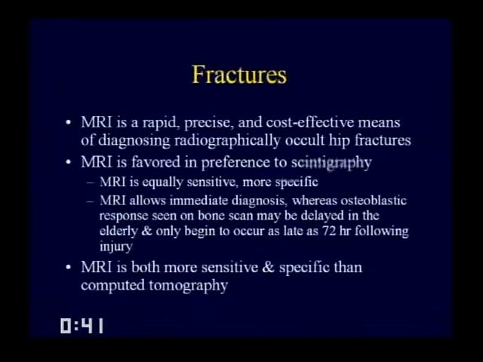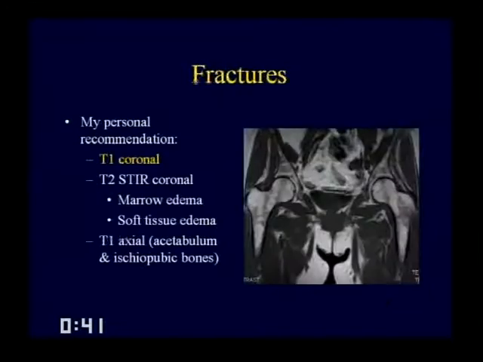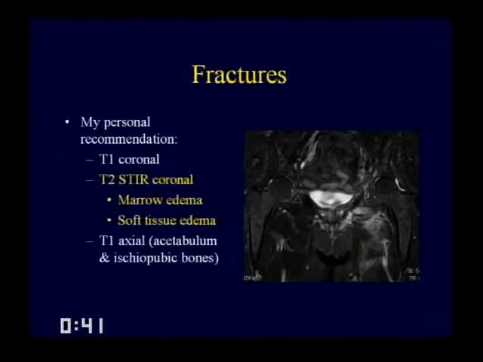MRI is also both more sensitive and specific than CT. The American College of Radiology simply recommends a single T1-weighted coronal image to evaluate patients with suspected femoral neck fractures, as you see here. My personal recommendation is you get a T1-weighted coronal image, but sometimes you can have some pretty strange-looking marrow patterns. This is completely normal in this patient, just some striated marrow in the metaphysis, but I like getting a T2-weighted STIR coronal image as well, because it can kind of focus you in on smaller areas